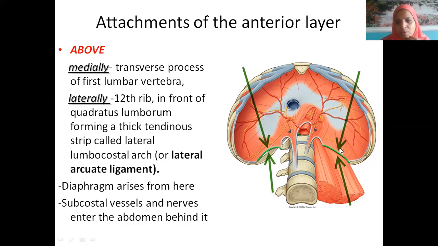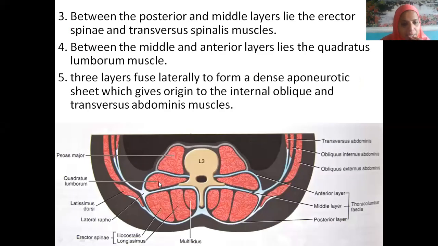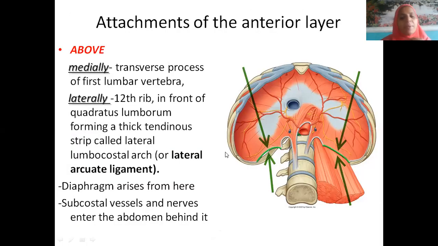We have certain ligaments, no? What are the various ligaments we have for the origin of the diaphragm? We have the medial arcuate ligament, the median and the lateral. So this covering, we know this is quadratus lumborum anterior, the covering is nothing but the anterior layer. That means this is the lateral arcuate ligament, isn't it? Thoracolumbar fascia is nothing but the anterior layer covering which muscle? Quadratus lumborum, not psoas major. The covering of psoas major is named psoas fascia. Please remember. That's why this is the lateral arcuate ligament.